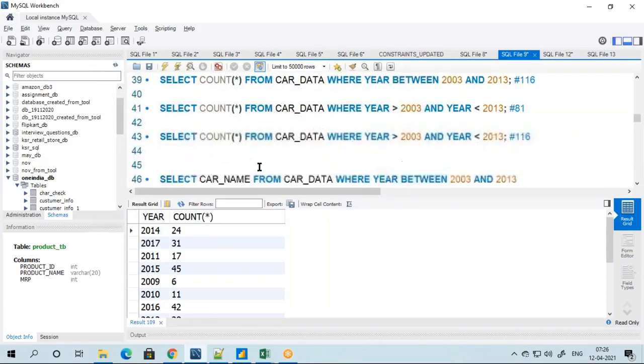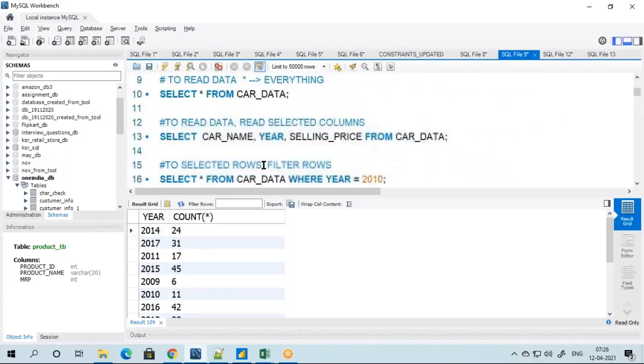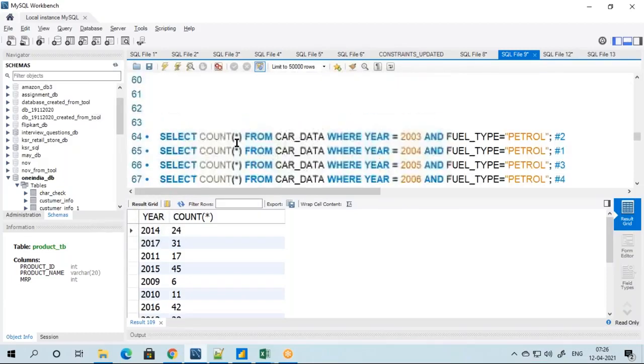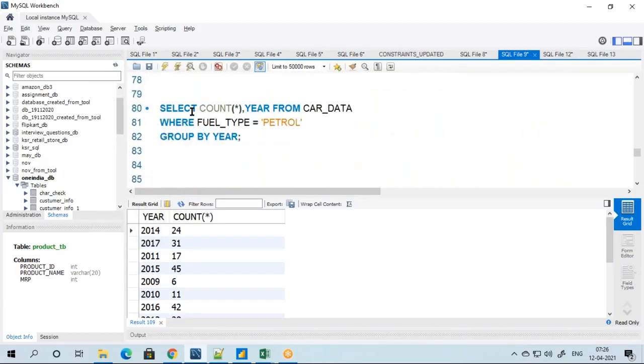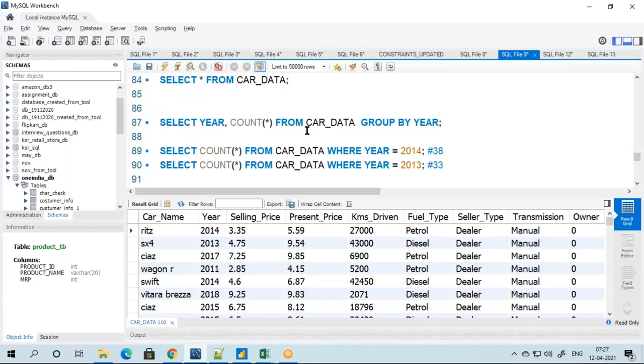If I go and run a simple code, maybe I will rewrite it, I will copy this and put it here. If I go and see this: car name, year, selling price, present price, kilometers driven, fuel type, seller type, transmission, owner is there. Where is this count of star? Or maybe if I go and add a group by,